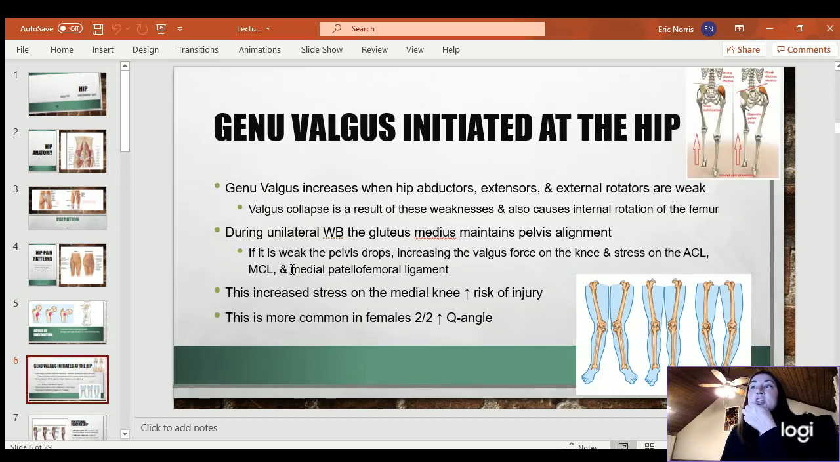Then we want to talk about genu valgus initiated at the hip. Remember, genu valgus is knock knee, when the knees come in and touch each other. Genu varus is more of a bow-legged, when the knees bow out. And of course, if you have coxa valgus, it would create a genu varus, so a larger angle at the hip, no more than 130 degrees, will create less of a drastic curve going down, and